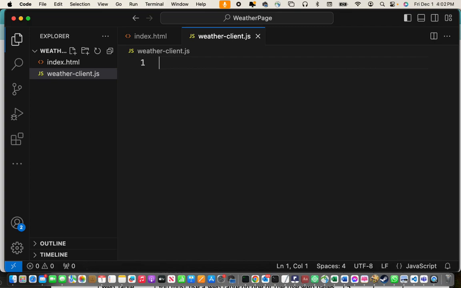I could have called this anything else, but because we're going to be using an API, a web service, to get the weather, we're going to use our JavaScript file here called weather client.js to read that data that comes in,